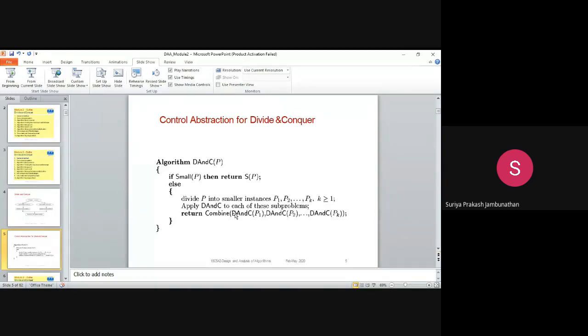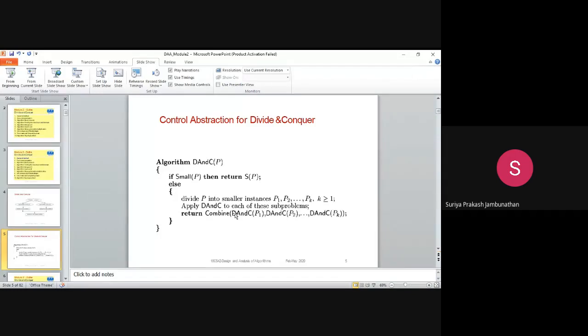So how the algorithm works: if the element is a single element, we return the same element, keeping it as it is. If the n value is higher, say 6, we divide the elements and make smaller instances. After making smaller instances, we apply divide and conquer and conquer the values.